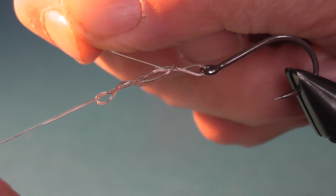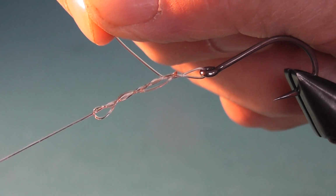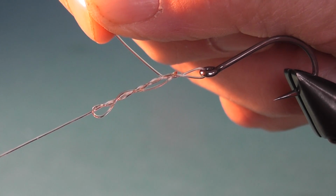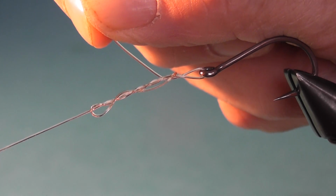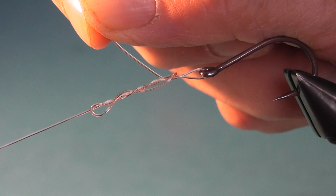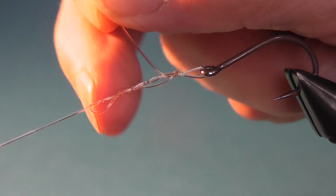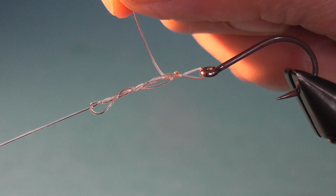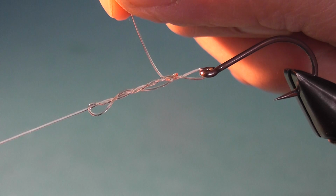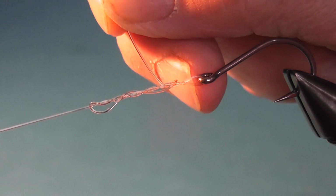Now normally what happens here is as you tighten it, you get a lot of friction and the mono becomes soft, and as you pull it, it becomes thinner and therefore weaker. So it's important when you're doing this that you lubricate this bit here, and the best way to do that of course is with saliva or spit, but I won't do it for the purposes of this. And then just tighten that up,